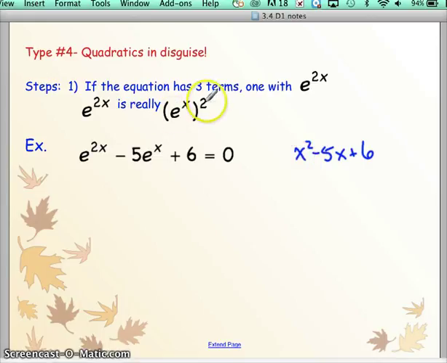See how we have e to the x squared? So think of this x